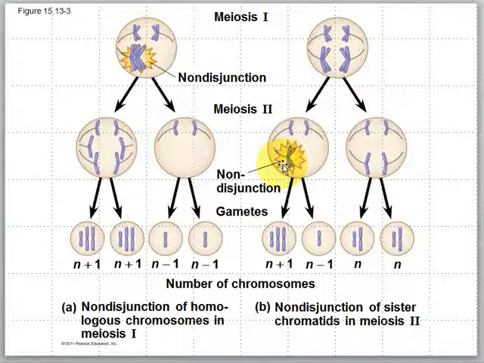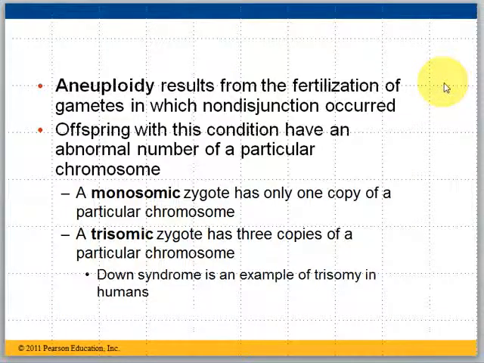You have a non-disjunction. So in these 2 gametes that are created from this cell, they have an unequal distribution, where in this one there are 2 copies of that chromosome, and this one has none. These 2 gametes were unaffected because this process occurred normally. So these are the 2 possibilities for non-disjunction, where the chromosomes don't separate the way they should. So if that occurs, you're going to have some gametes that don't have enough chromosomes and some gametes that have